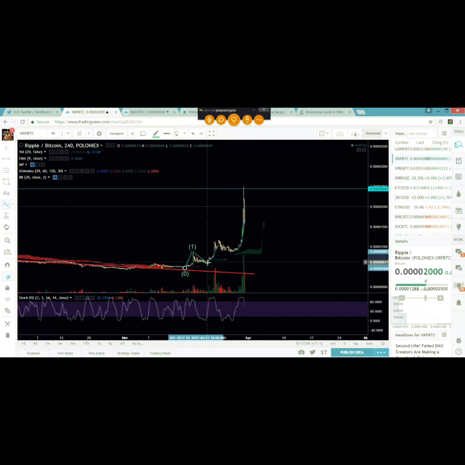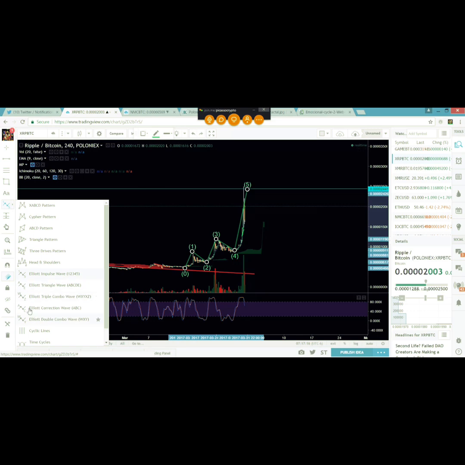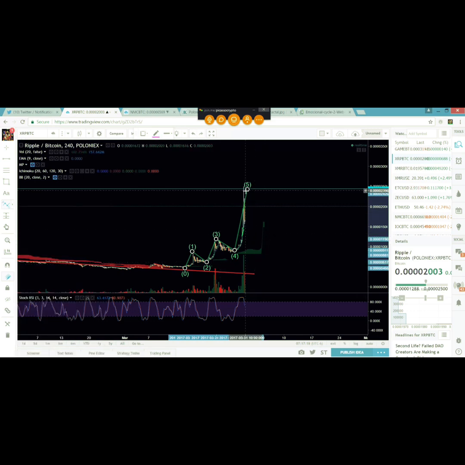But I see that we got a 1, a 2, 3, a 4. Basically, the 4 came all the way back down here and accumulated almost at the top of wave 1 there. And then bang, our 5. It just came out like that. So I'm expecting a retracement of this whole move, most likely as it oscillates in strength. So I'm expecting something like this, maybe like that.